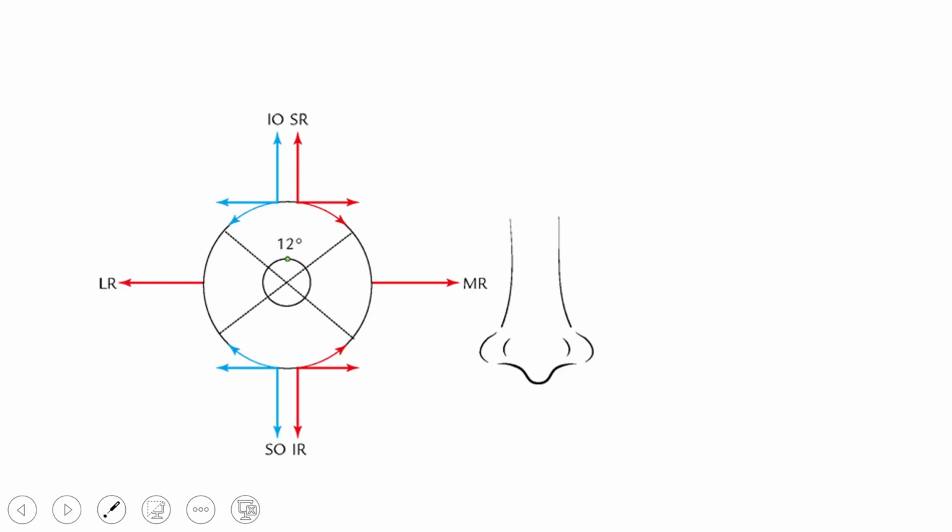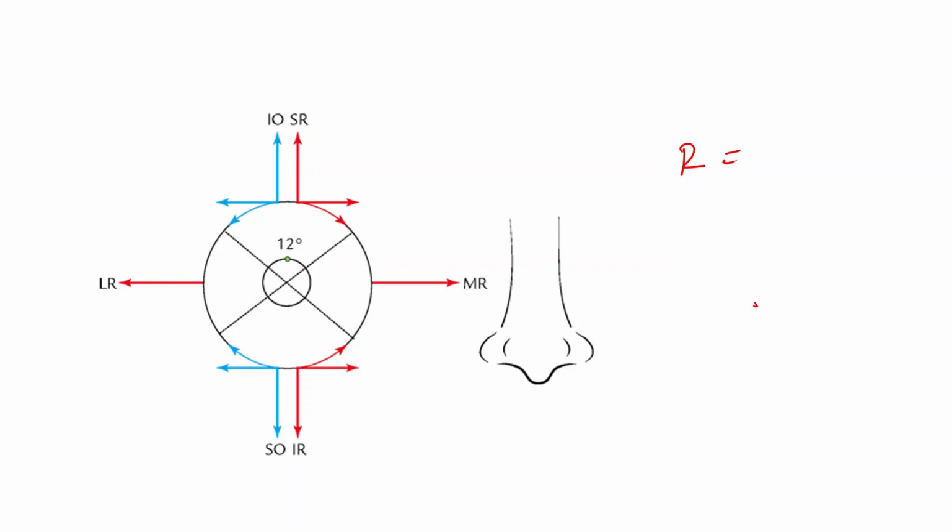Moving on to the actions of all these extrinsic muscles of the orbit, as the name itself says, all the muscles bring about their respective actions. The superior rectus brings about the elevation of the eyeball, the inferior rectus brings about the depression, the medial rectus is involved in the adduction, whereas the lateral rectus brings about the abduction. One thing which needs to be remembered is all the recti